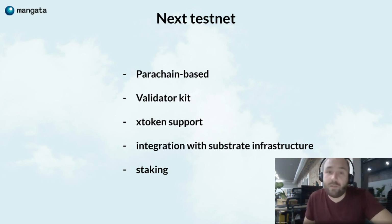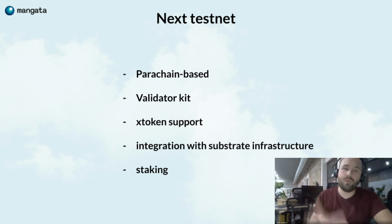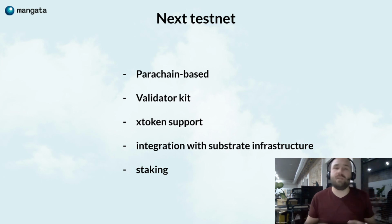It will be parachain based. It will be connected to a Polkadot testnet, like the Rococo testnet relay chain. It will fully support XCM tokens, so you will be able to test it not only with Mangata native tokens or Ethereum native tokens, as it's working right now, but also with native tokens of other parachains which are connected to the same testnet infrastructure. We will be providing a validator kit, which I already mentioned. It will be either a Dockerized environment for you to connect into, or an AWS application for you to deploy with one click or several clicks. And yeah, we will be aiming to release staking, because what is a validator kit worth if you cannot stake